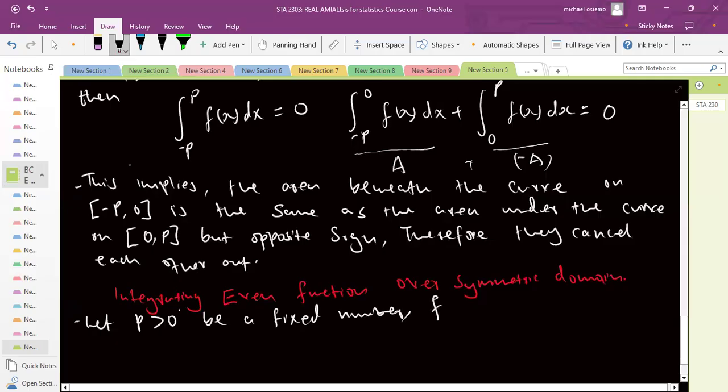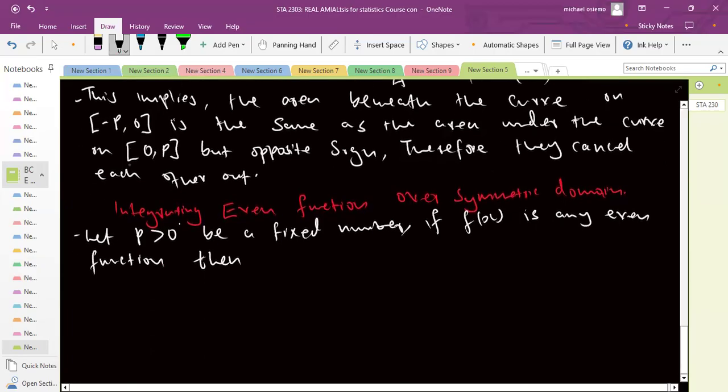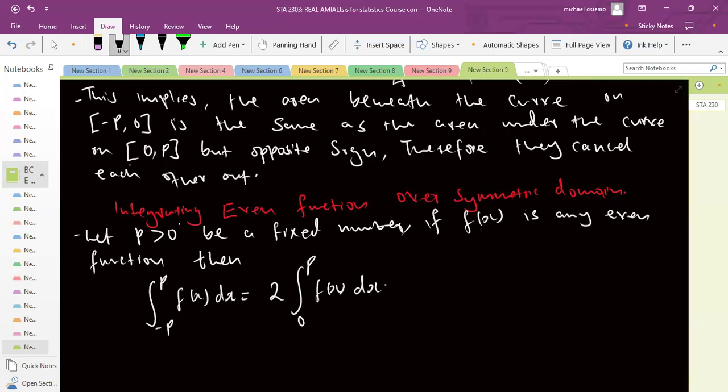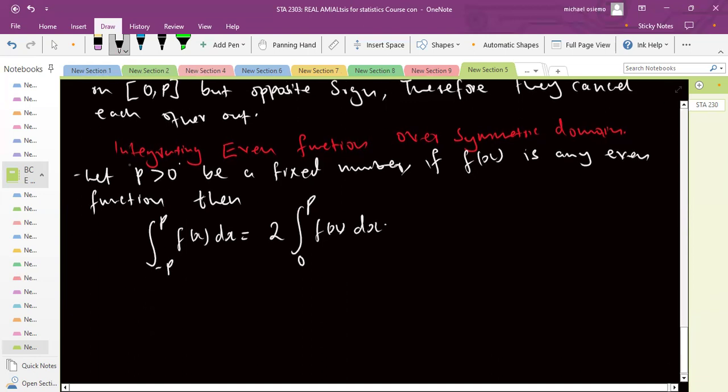If f of x is any given even function, then the integral from negative p to p of f of x will be equal to twice the integral from 0 to p of f of x dx. Why is it so? We can say this implies